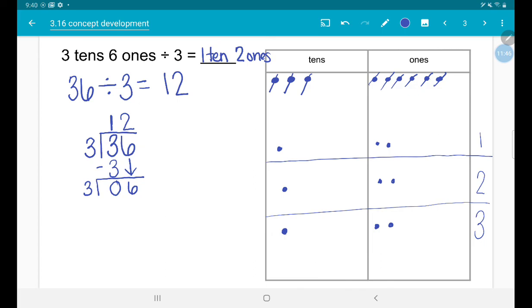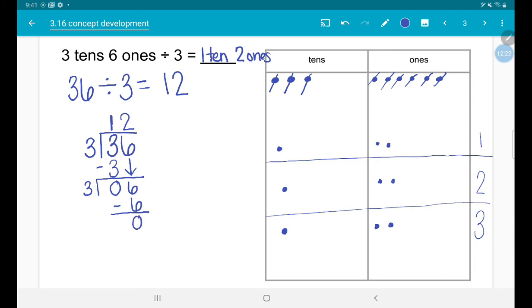6 divided by 3 equals 2. So I'm putting my 2 up top. Alright. So if I have 3 groups with 2 in each group, what is 2 times 3? 2 times 3 is 6. So right underneath that 6, I'm going to write a 6. I had 6 1s, and I used 6 of them. I put 6 into groups. So I'm going to subtract to see what I have left. 6 minus 6 is